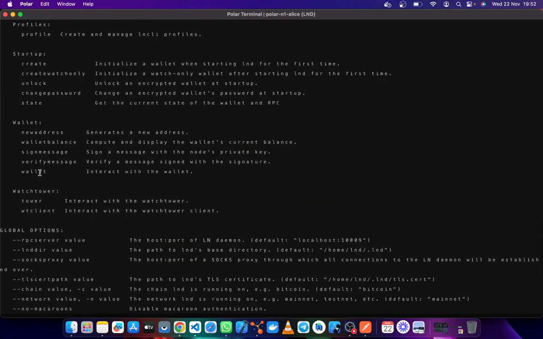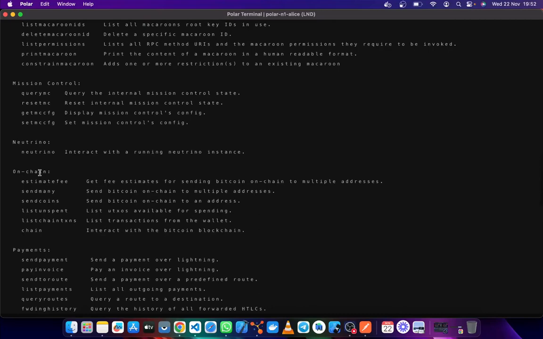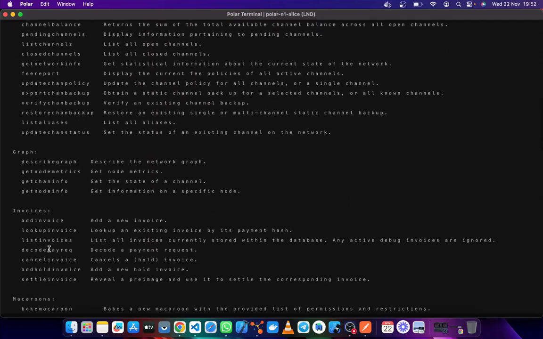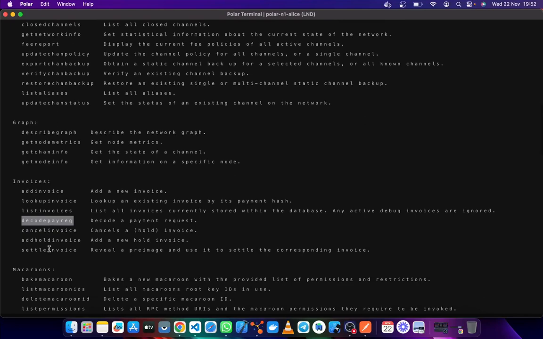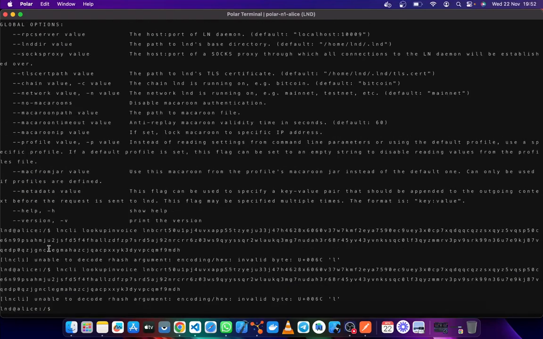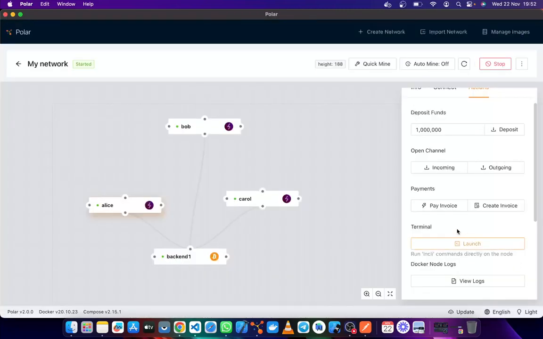Let me try decode invoice. Where is invoice stuff? Okay, decode pay request. Oh, I know why it's happening. When you create an invoice using Polar, there's the way it decodes the invoice so that you cannot reverse it using the terminal.